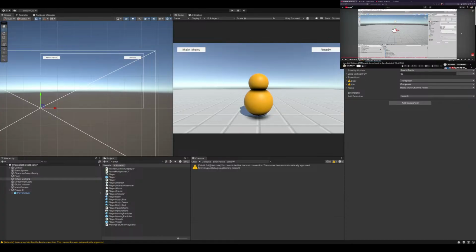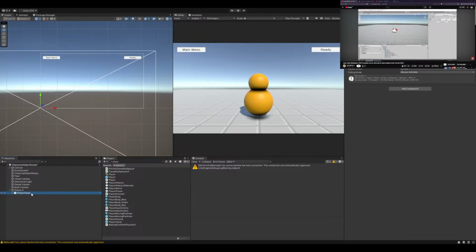Okay. Now here, let's create a brand new empty game object. Name this the player 0. Let's reset the transform. And now inside, let's add the player visual. So inside the assets of prefabs, here is the player visual. Let's drag it on there. And there you go, there's the player. Let's just make them rotate to face the camera. And okay, so we have one player. Now let's just